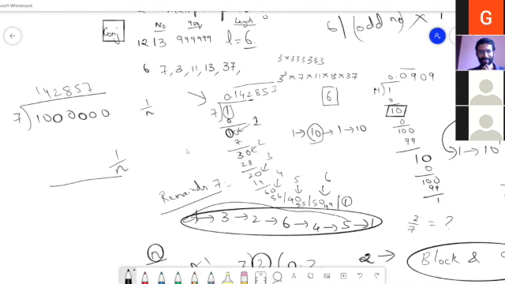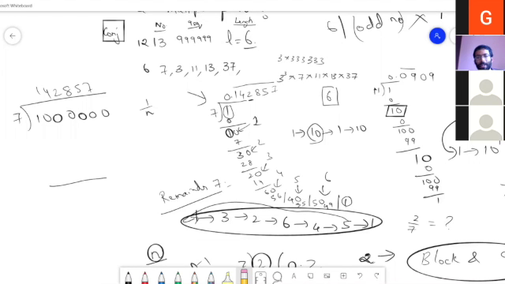142,857 into 7, the remainder will be 1, right? How? Okay, I will just work it out. 7 times 142,857, you will get the 6 9s back. 49, and you will get the 6 9s back. So the remainder has to actually be 1. By actual computation, we can see that it is 1.